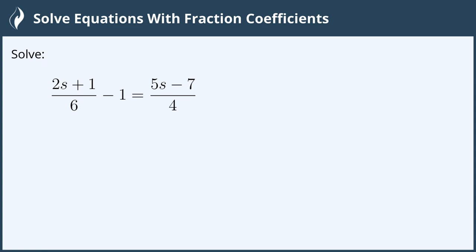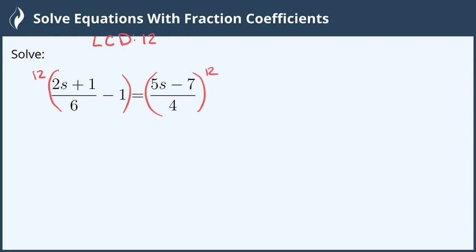The first thing we need to do is look for the lowest common denominator. Our two denominators are 6 and 4, so the lowest common denominator for those is 12. And we take this lowest common denominator and make sure to multiply it to both sides of the equal sign. To do this, we'll get rid of the denominators, and multiplying it to both sides will keep the equal sign